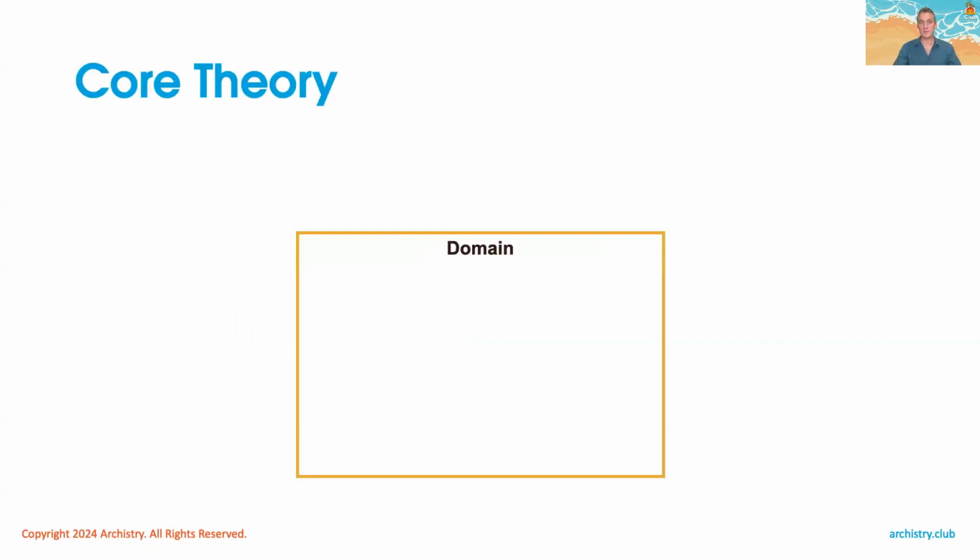Part of the core theory of SABSA is defining this thing called a domain. And SABSA didn't invent the concept of a domain. This was actually something that the ISO security standards came up with back in the day, but they didn't really define it. So when John Sherwood was defining SABSA, he defined a domain and said that a domain is a set of elements subject to a common security policy. Now, that's where the SABSA definition starts and stops.